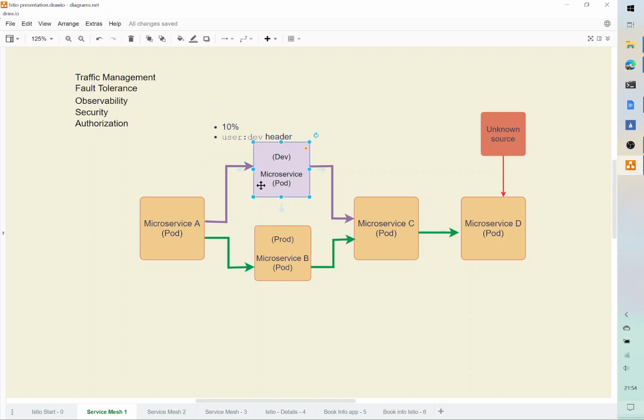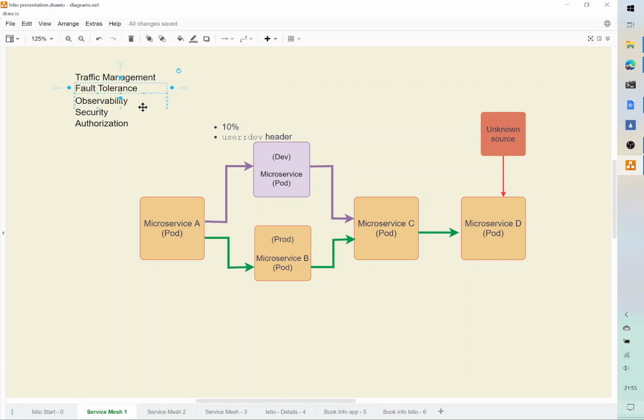Or let's say that we want only traffic with certain pre-defined headers in this request, let's say the user equals dev header, to only come to this version of the microservice, and all the rest of the other traffic should probably go to the other version of the microservice B, the production version. So that, for example, would be an example of traffic management.